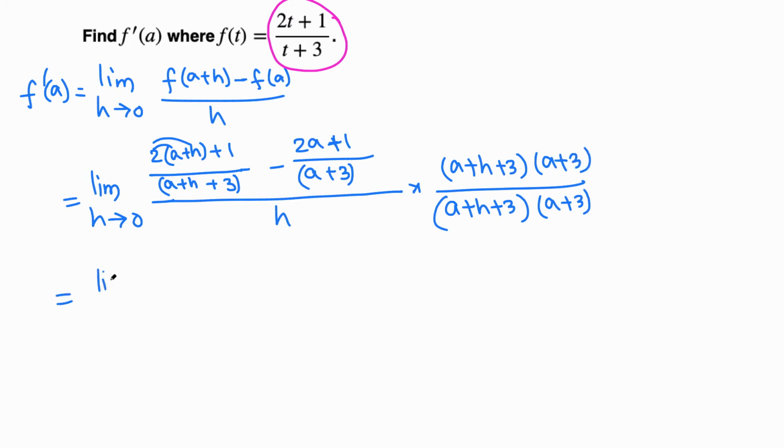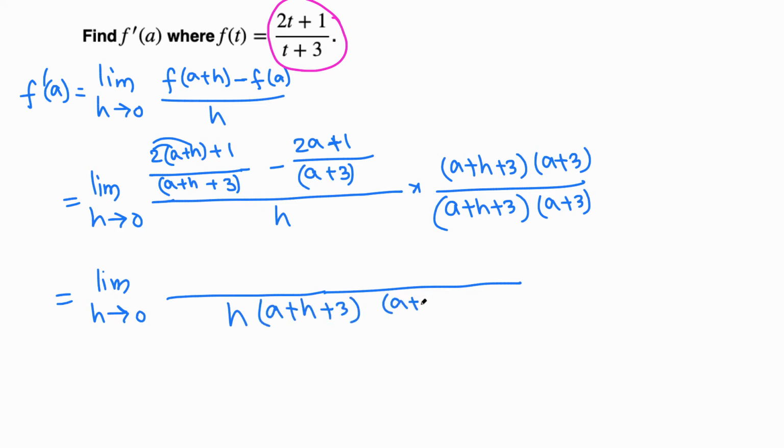Okay, that is the limit as h approaches 0 of, the bottom has no problem, so I'm going to write h times (a + h + 3)(a + 3). On the top, we get one term times this common denominator minus this fraction times